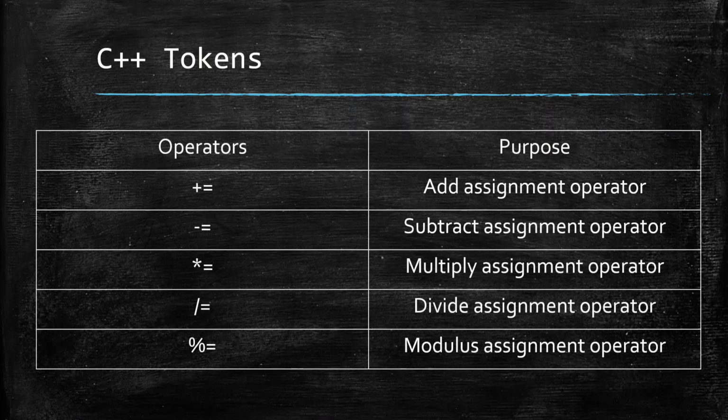Fine. So coming to our operators, it is plus is equal to. So what is the function of plus? It is used to add. Is equal to is the assignment operator. Similarly, all your operators are assignment operators together with your arithmetic operators. Fine. So plus is equal to is the add assignment operator, minus is equal to is the subtract assignment operator, and star is used for multiplication. Star is equal to is the multiply assignment operator, slash is equal to is the divide assignment operator, and your percentage symbol,